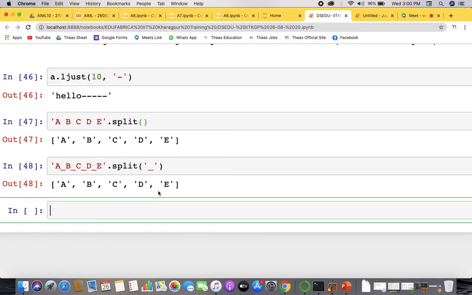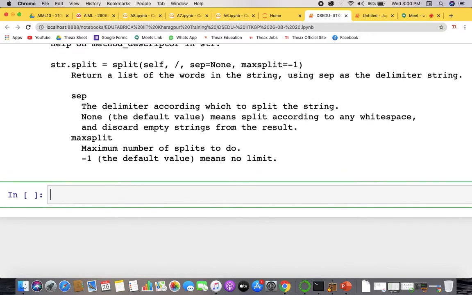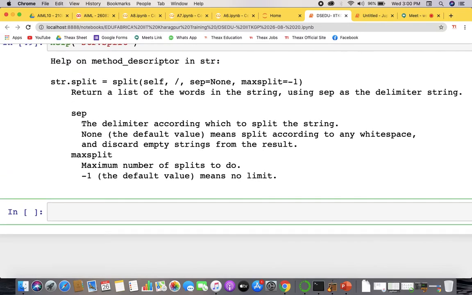So split works something like this. The delimiter is whatever you write there; in very simple words, it just removes the parameter you write inside the parentheses, and then you get the substrings after removing it.